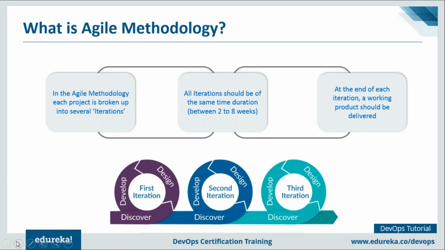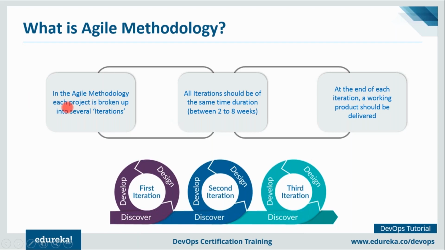Now, agile methodology is a practice that promotes continuous iteration of development and testing throughout the software development lifecycle of the project. So the development and the testing of an application used to happen continuously with the agile methodology. So what I mean by that, if you focus on the diagram that is there in front of your screen, so here we get the feedback from the testing that we have done in the previous iteration. We design the application again, then we develop it, then again we test it, then we discover a few things that we can incorporate in the application. We again design it, develop it, and there are multiple iterations involved in development and testing of a particular application.